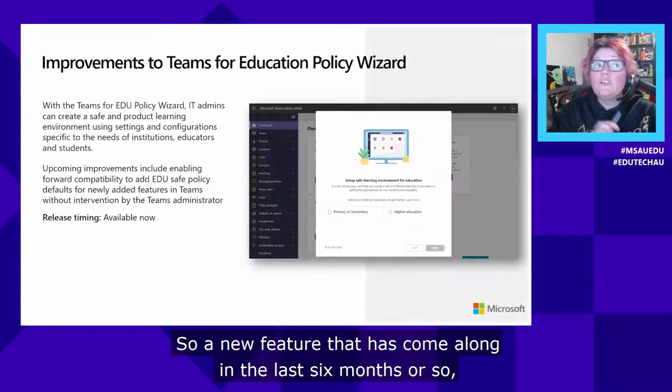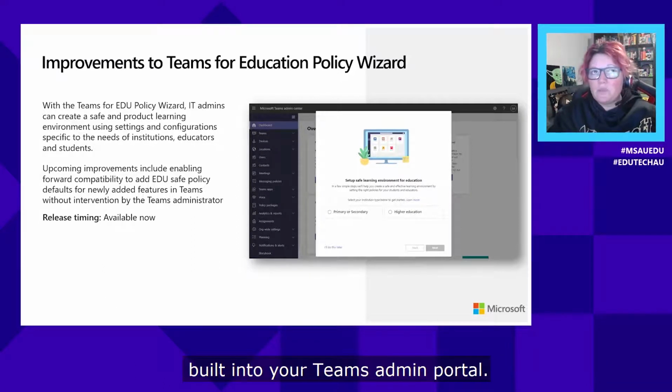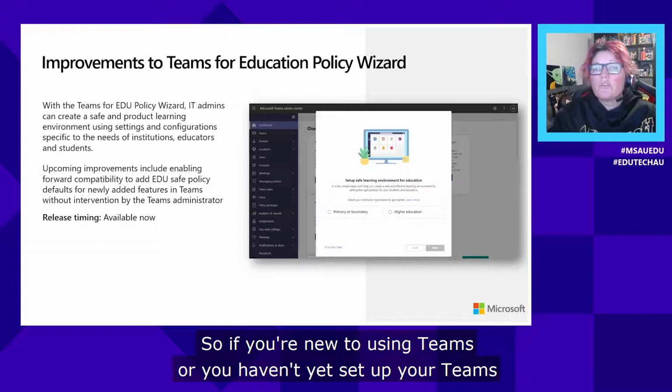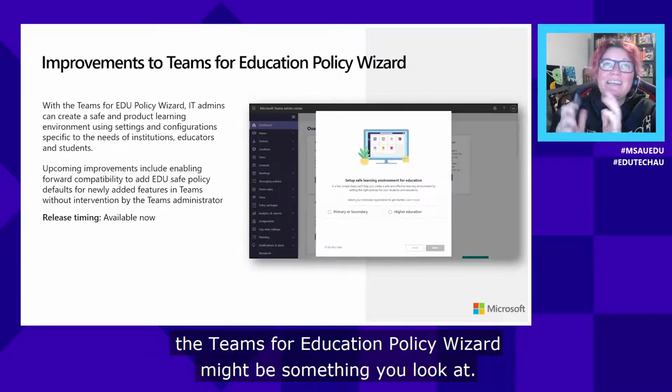So a new feature that has come along in the last 6 months or so, I think, is an education policy wizard built into your Teams admin portal. So if you're new to using Teams or you haven't yet set up your Teams environment or managed the governance for it, the Teams for Education policy wizard might be something you look at.